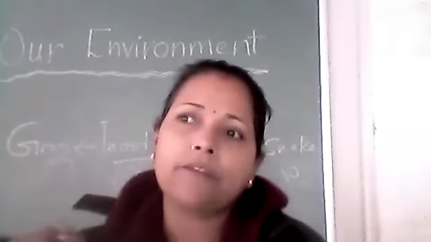So this is the 10% law of energy transfer. Once again, the definition: this law states that during transfer of energy from one trophic level to the next, only 10% of the energy is available to the next higher trophic level, and the remaining 90% is lost in respiration or heat transfer. It simply changes its form. So 90% is not available, only 10% is available to the next higher trophic level.